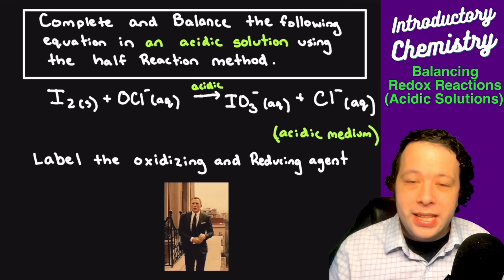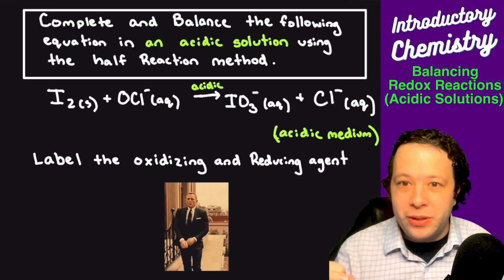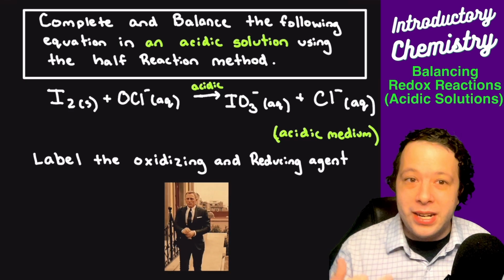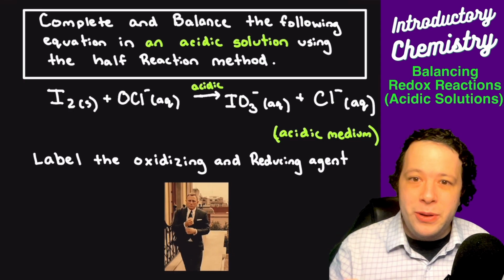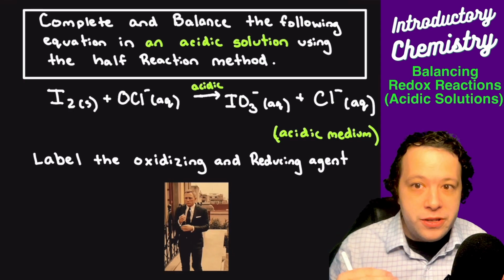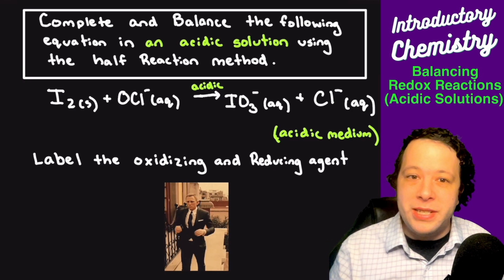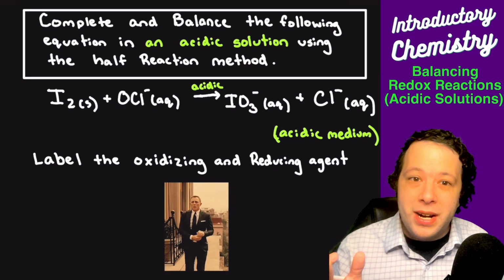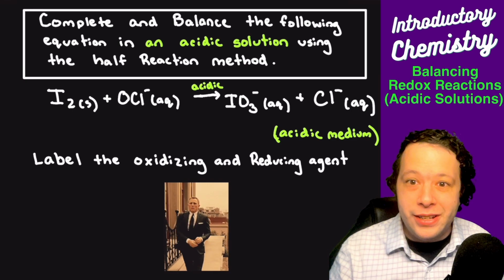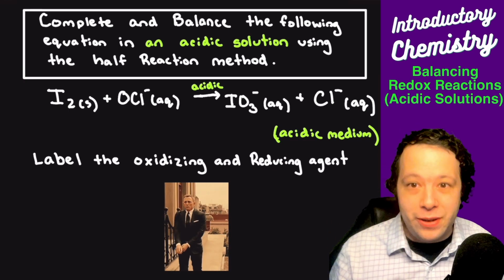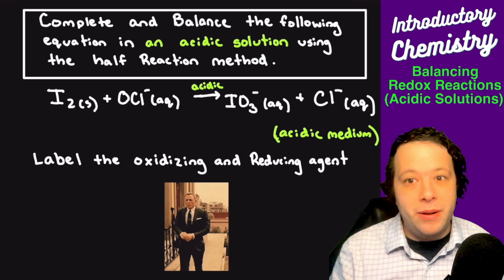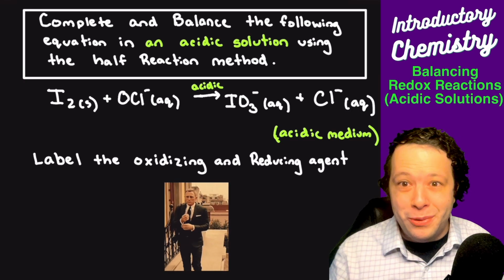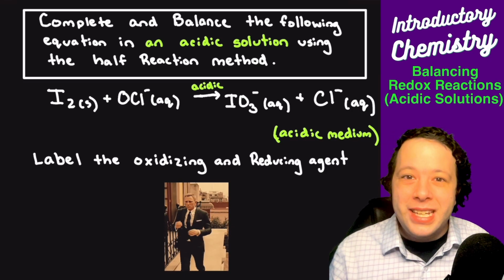When we look at this, you can't just balance it using your coefficients. Whenever it is specifically stated to do the half reaction method, you have to go through different steps. The only time you can try to balance it directly is if all the charges end up balanced. This is a very specific method, adding waters and hydrogens and so on. We're also going to practice labeling the oxidizing and reducing agent, since a lot of these problems ask you to label everything on top of it. This tends to be the challenge problem of a lot of exams in General Chemistry 1 and 2, so we definitely want to make sure we're able to follow these steps. Let's get into doing this problem.